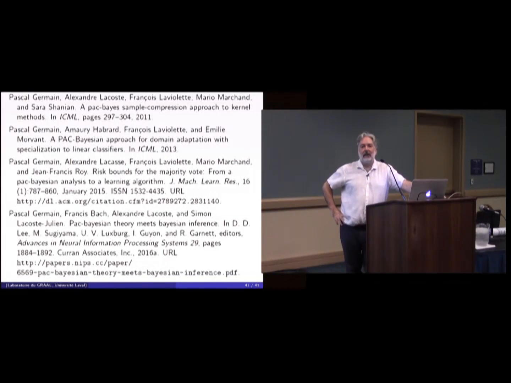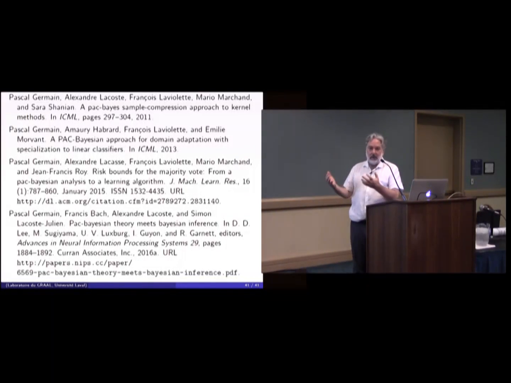I have the feeling that you are choosing the prior and the posterior independently. So I'm wondering if there is a rule between them. Or just the prior has to be chosen before seeing the data, okay, and the posterior has to be chosen after seeing the data. And so you try to find a posterior that gives a good majority vote, that has good performance on the data that you have observed. But if you choose a Q that is too specific to your data, then you will have a very bad KL divergence between your prior and your posterior, and you will pay the price in the generalization bound.